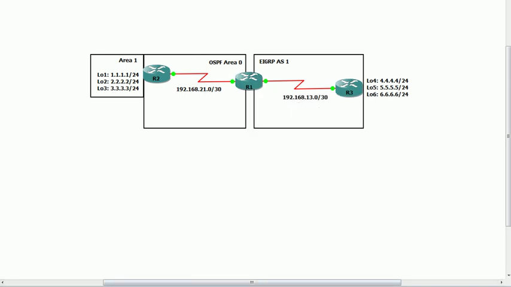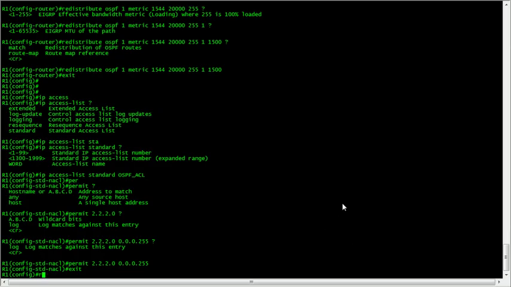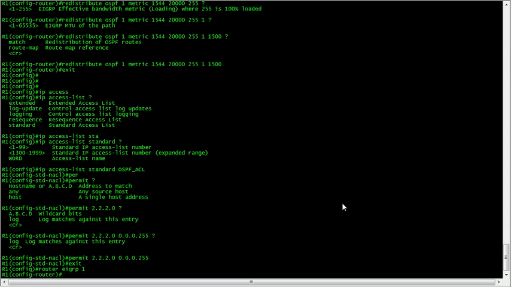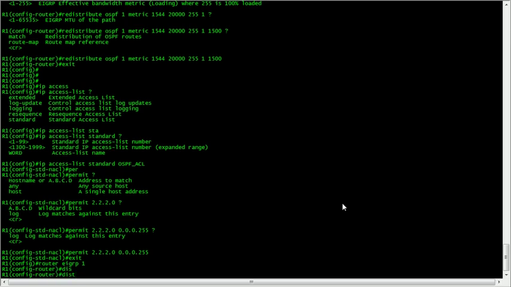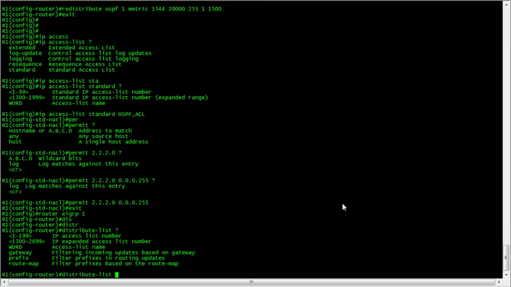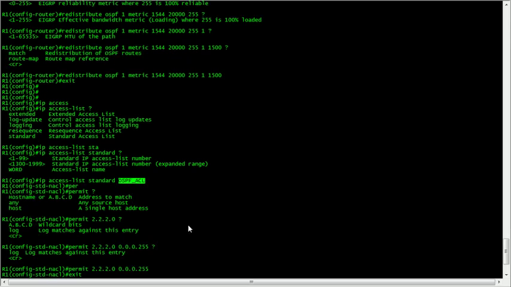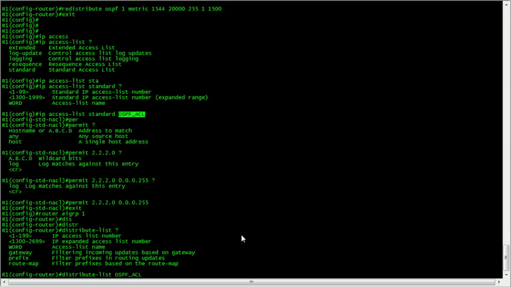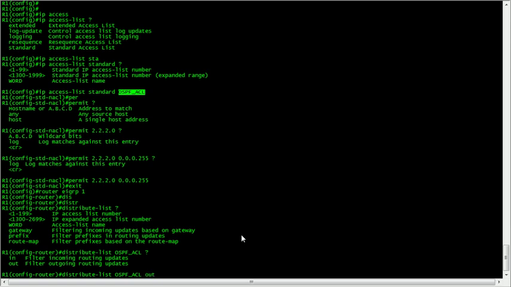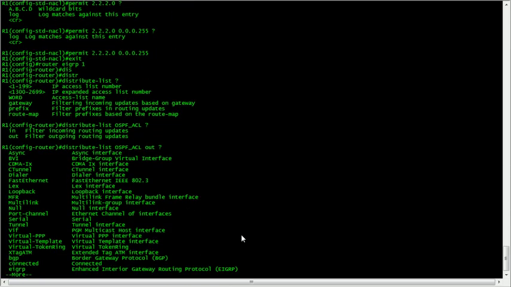Okay, so for that, I'm going to go under the EIGRP process, Autonomous System 1, and I am going to do a distribute list, and I am going to filter based on, where's my ACL? Filter based on that going out of the interface